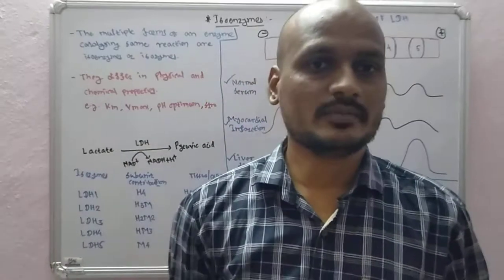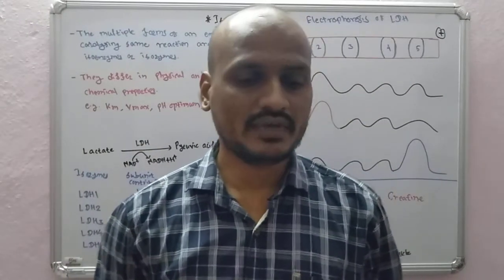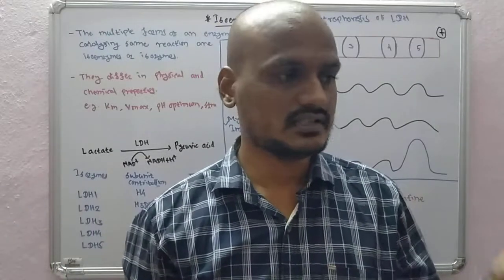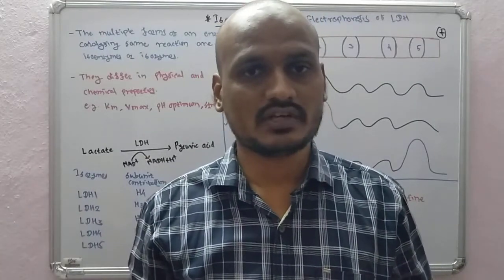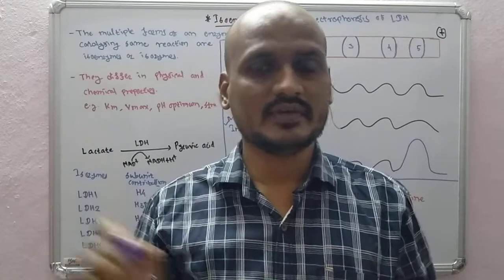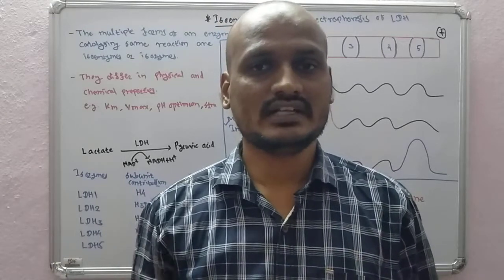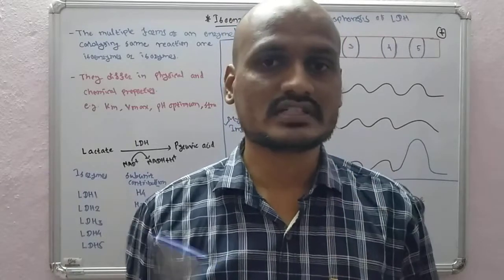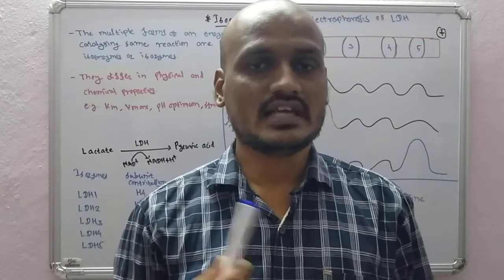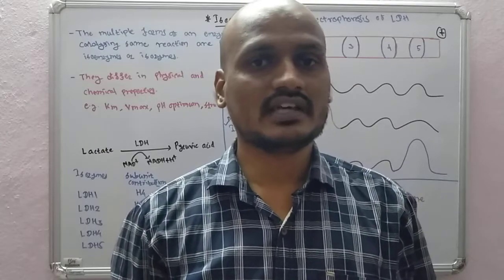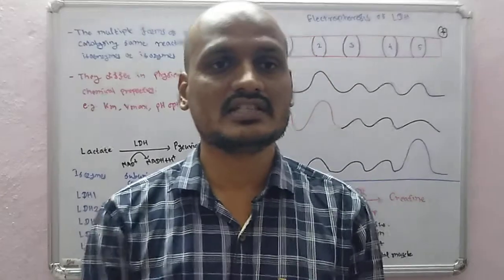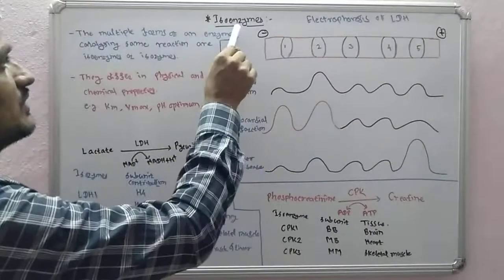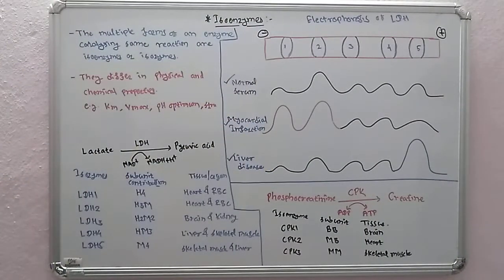Okay, so today's topic is isoenzyme. So we have an enzyme, one enzyme, and an A to C reaction. Substrate A is there and product C is there, and in between an enzyme is required, which helps to convert the substrate A into the product C. So there is enzyme E1. Can there be an enzyme E2? Can a different enzyme be there? For that purpose, we are going to learn the concept of isoenzyme.